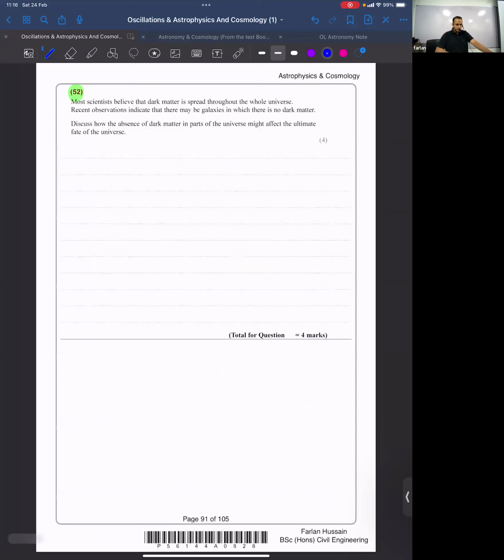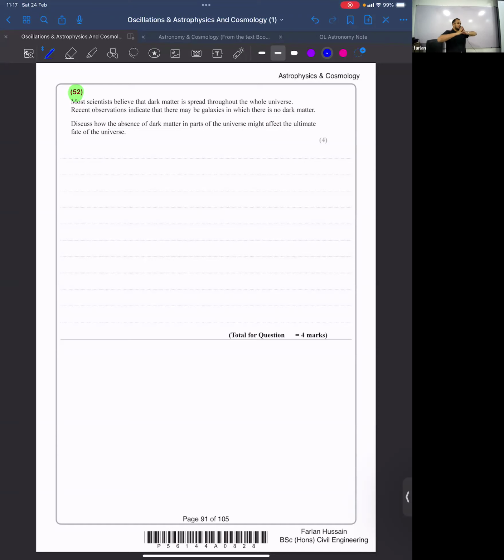And 52: most scientists believe that dark matter is spread throughout the whole universe. Recent observations indicate that there may be galaxies in which there is no dark matter. Discuss how the absence of dark matter in parts of the universe might affect the ultimate fate of the universe. 4 marker. So, ultimate fate of the universe,